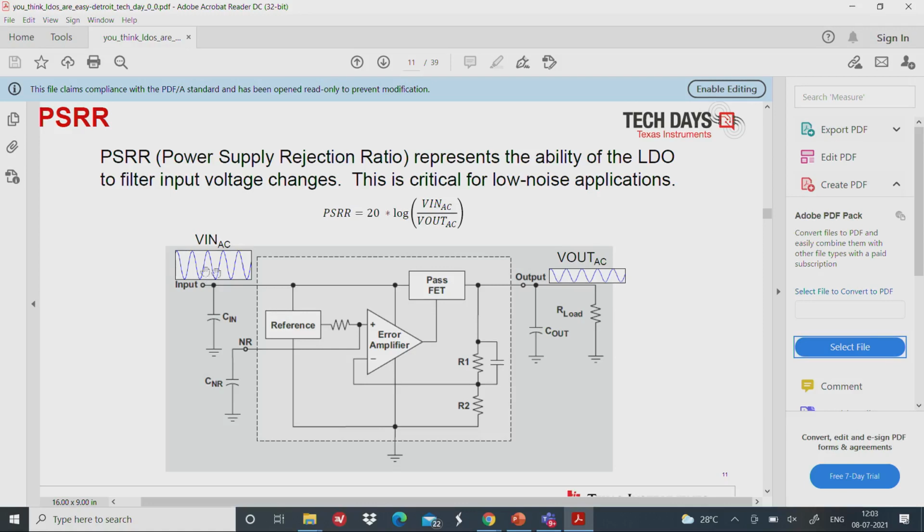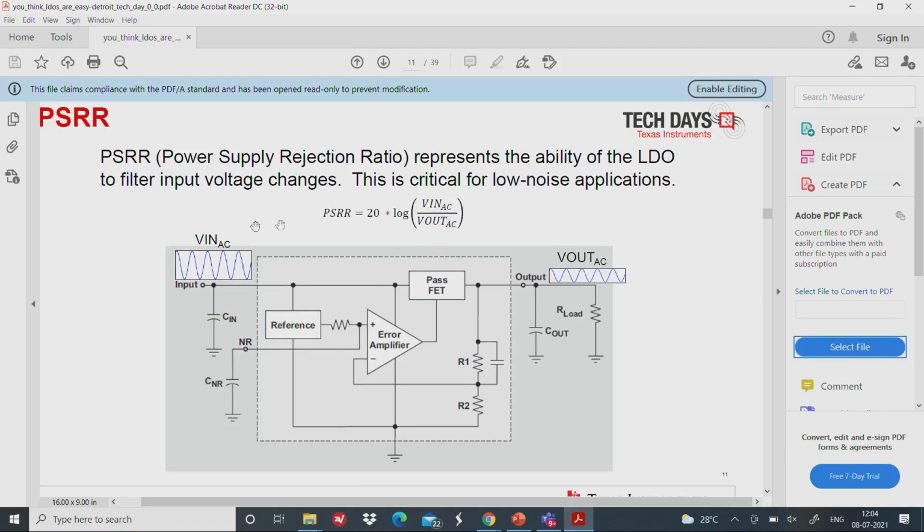If it was indeed a straight line at this point, you would get a straight line here, the V out will be less than the V in and everything will be hunky dory, but that is not the case. Unfortunately, there is always some ripple at the input, and that is the ripple he is showing here. It is talking about how much you are able to eliminate this ripple at the output. This looks a good picture. You have huge variations in amplitude at the input, and a smaller variation at the output. So what is the definition?